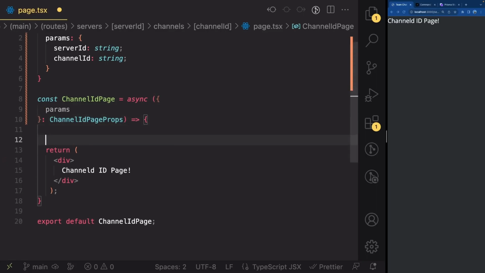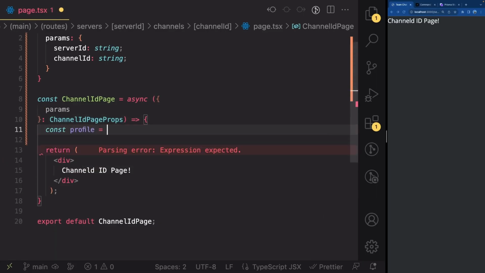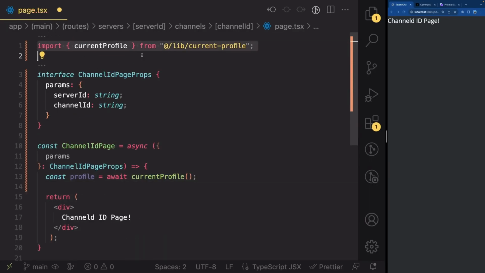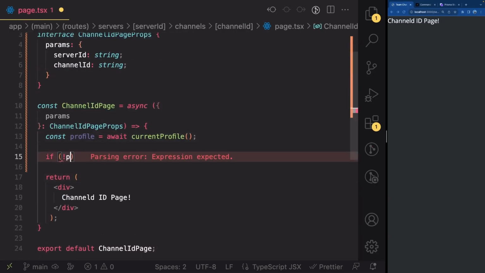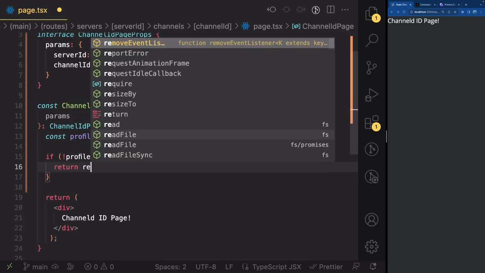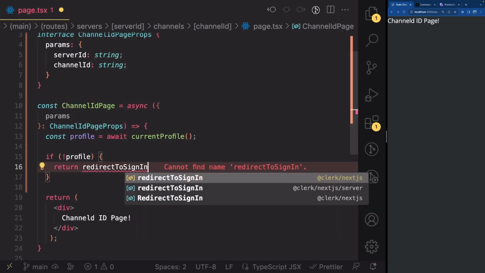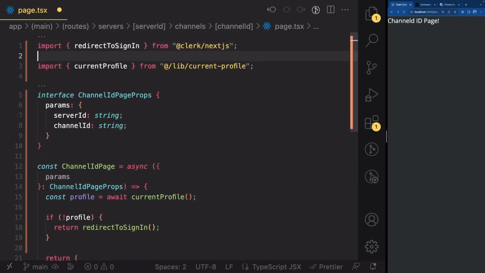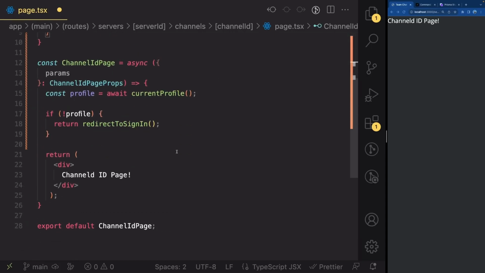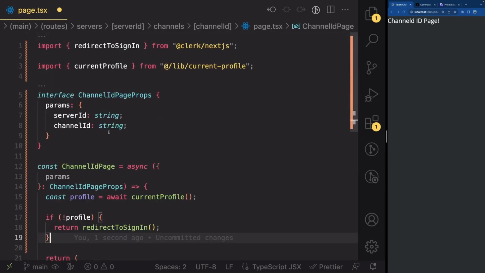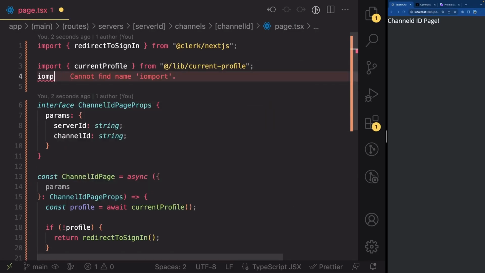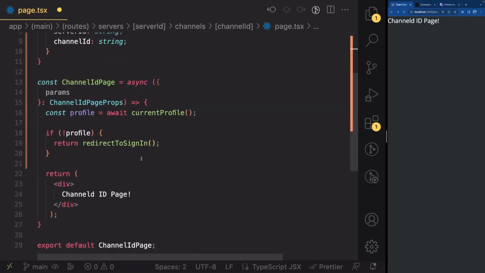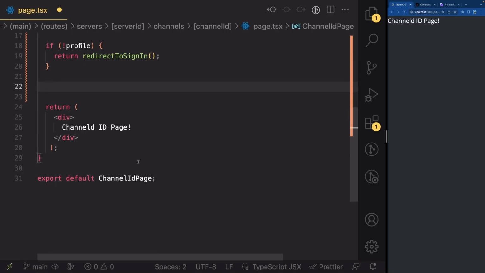Great. And now let's fetch the current profile. So const profile is equal to await currentProfile from @/lib/current-profile, like I added at the top right here. If we don't have a profile, we can go ahead and return redirectToSignIn from Clerk. So just write this and make sure you have imported this from @clerk/nextjs. And as always, I'm going to separate those two imports. Great. Now we can go ahead and import our database util. So import db from @/lib/db like this,